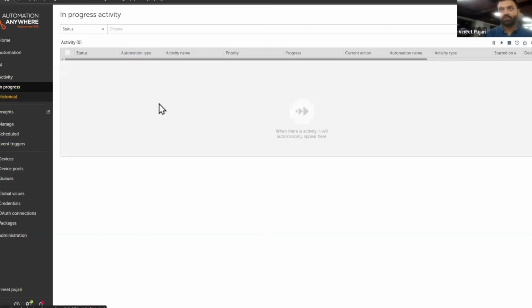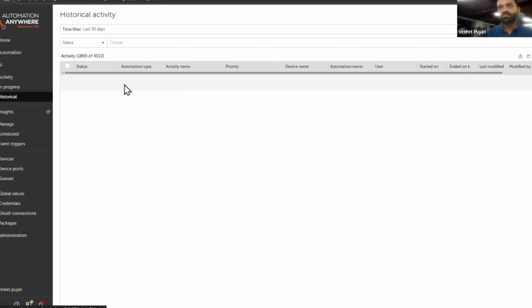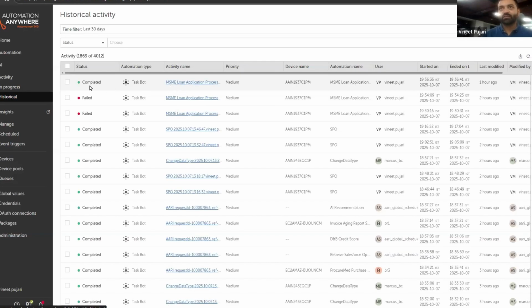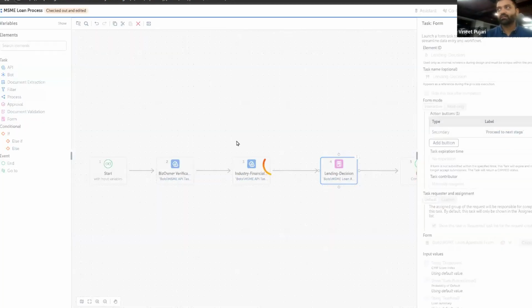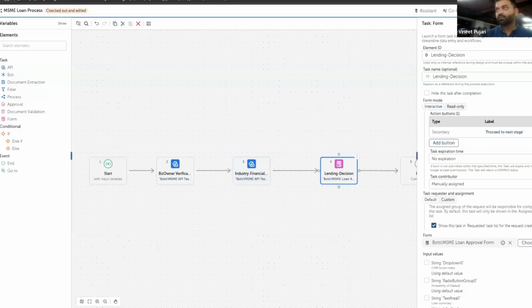Now, if I go here, you would see some historical bots here, right? So this is one such bot which started as soon as you dropped the file. As you can see, there are just 3 lines here, right? First line is start the process. Next, we have a couple of exception handlers, right? So it has completed, it has triggered the process. And now if we go and take a look at the process here, if I run it from here,